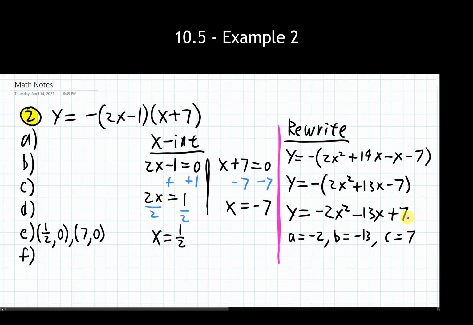Let's take a look at some of these other ones here. We're asked about the orientation for part A, and we're looking at a in standard form. That's a negative number. That tells me this is going to open downward. So if we were graphing it, it would look something like that, an upside-down U or an N. Now, for B, C, and D, we're asked to find the axis of symmetry, the vertex, and the maximum. Again, these three things all go together pretty well. I think it's worth at least labeling which one we're solving for first or second.